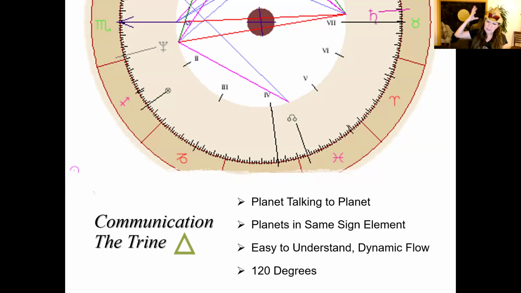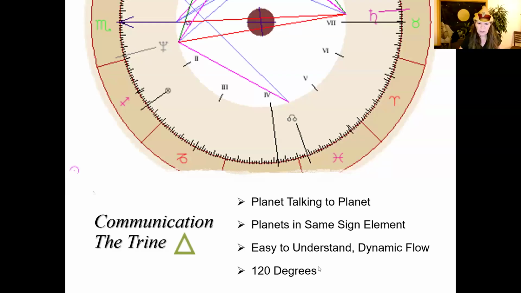The meaning behind this is that they're easy to understand. If you are an earth sign, it's easy for you to quickly understand where other earth signs are coming from. If you are an air sign, it's easy to understand where other air signs are coming from. If you're a water sign, it's easier to understand other water signs. And if you're a fire sign, it's easy for you to understand another fire sign. So it really shows what one could call a talent within your chart.